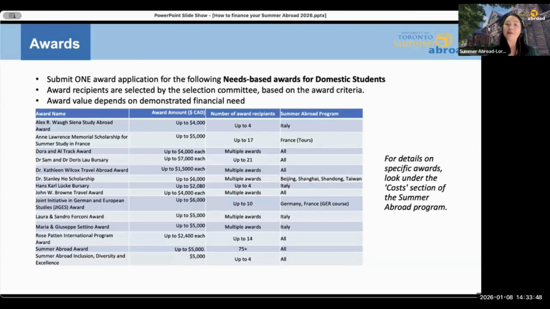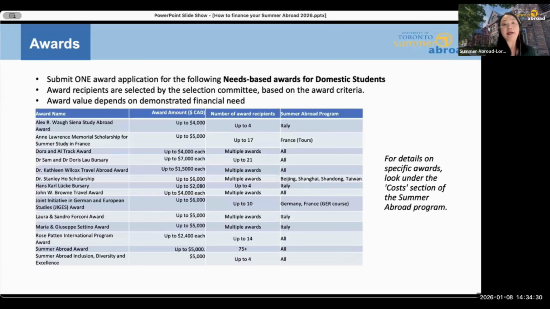And also I want students to recognize that for most of our awards, we have multiple recipients. So it's not just one recipient for one award. Some of our awards you will see have multiple recipients every year, which is fantastic. There are some awards, for example, the Alex War Award, that's specific to a destination. So that may be something you want to keep an eye on when you're thinking about applying. Would the availability of an award for a specific destination play a role in your decision making on where you want to go? It's up to you. Feel free to look through the details.